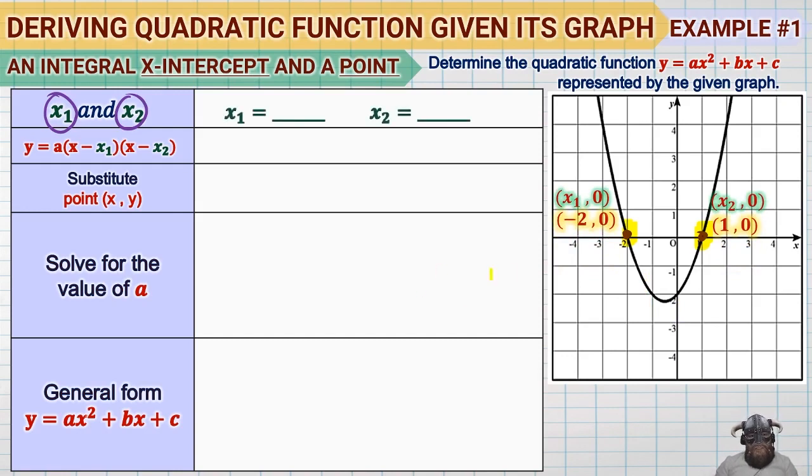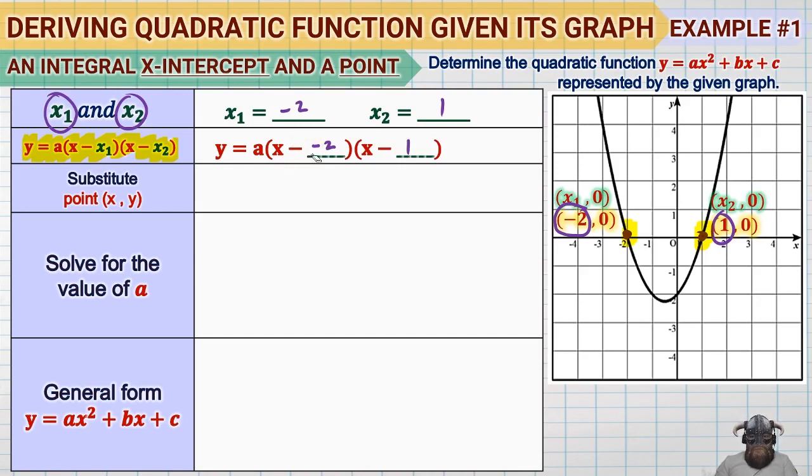So, sulat lang natin dito. Kung i-consider natin dun sa point, x coordinate lang, di ba, ang ating x-intercept. So, consider lang natin si negative 2 tsaka si positive 1. Next, we are to substitute this x sub 1 and x sub 2 on this form. So, blankoan ko lang dyan sa part ng sulat natin yung x sub 1 tsaka x sub 2. Kopyahin natin. This one, lagay natin negative 2. Yan yung x sub 1 natin. And dito is positive 1. Ito naman yung x sub 2 natin. So, as you can see,